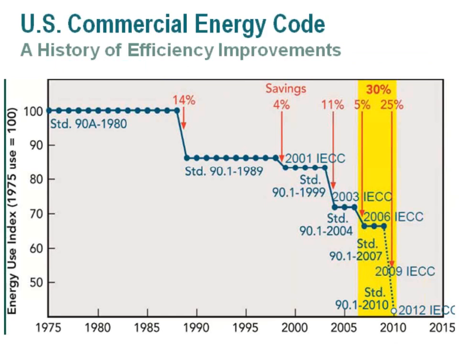ASHRAE Standard 90 has been sort of our de facto energy code for a long time. In the 1970s, the federal government asked ASHRAE to make an energy standard, and that's kind of what we came up with. And we used to update it infrequently, every 6, 7, 10 years or whatever. But now, as you can see, we're on a 3-year update cycle. Every 3 years, we